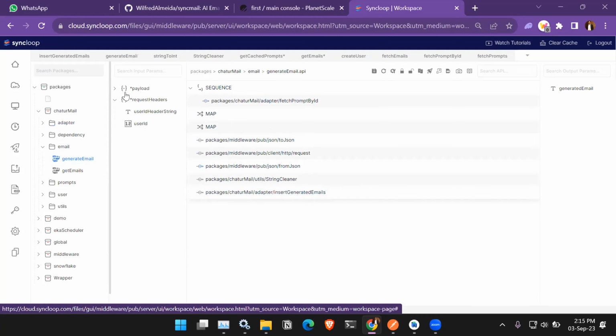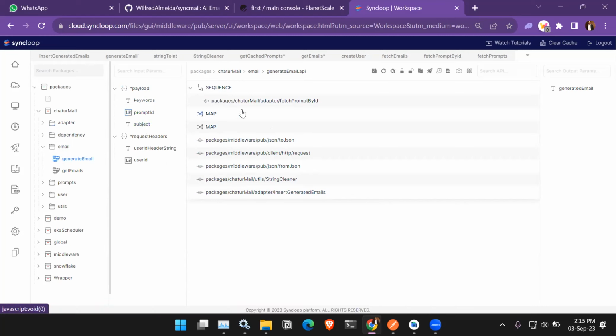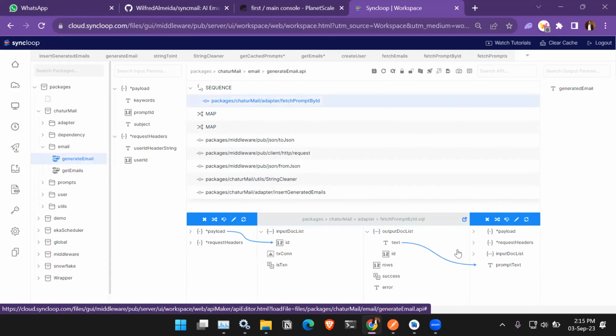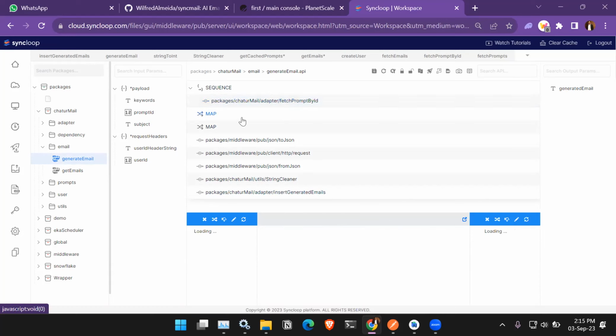This is the generate email API. Initially it takes in the keywords, the prompt ID, and the subject. The prompts are already defined at the backend level, so the ID is that of the prompt type for which the email is to be generated. The first thing it does is get the prompt body, whatever prompt is to be given to the AI, Google PaLM. It first fetches the prompt body from the database, and then to the prompt body, it appends the